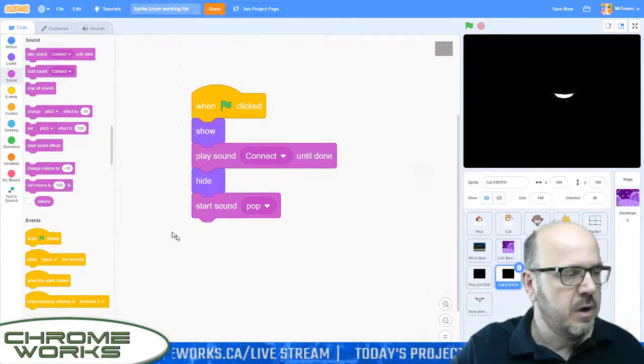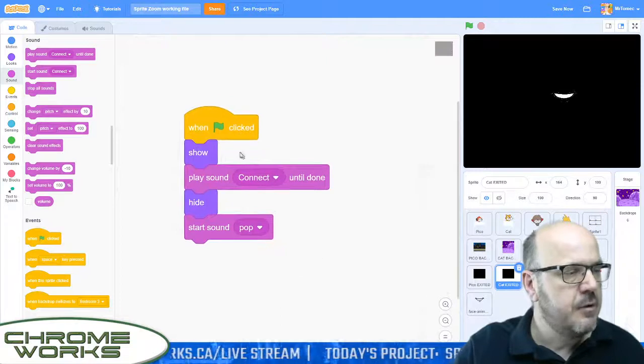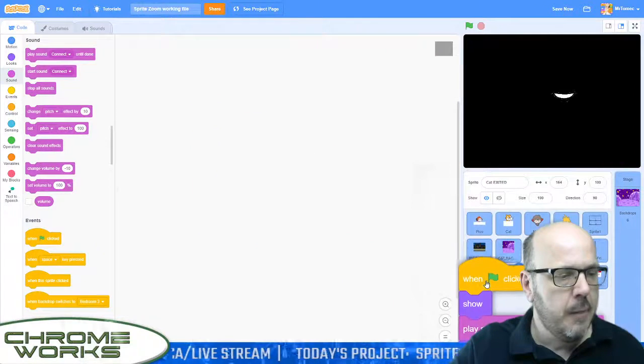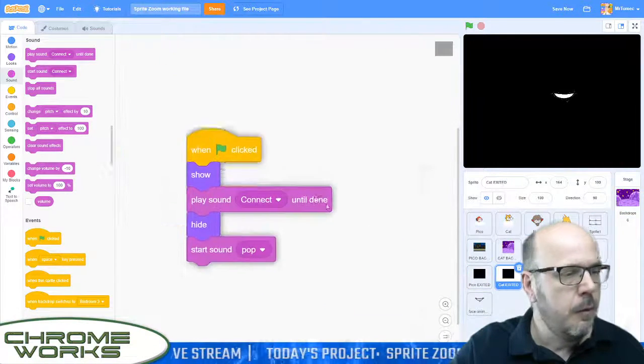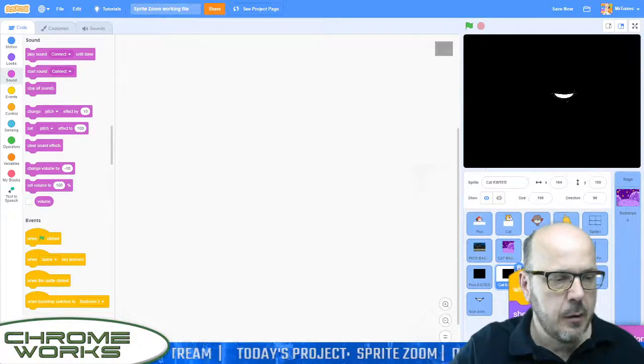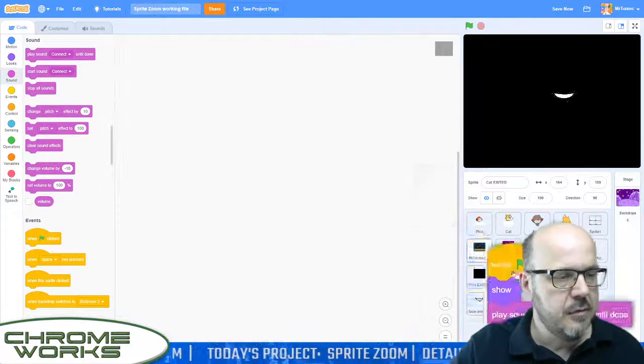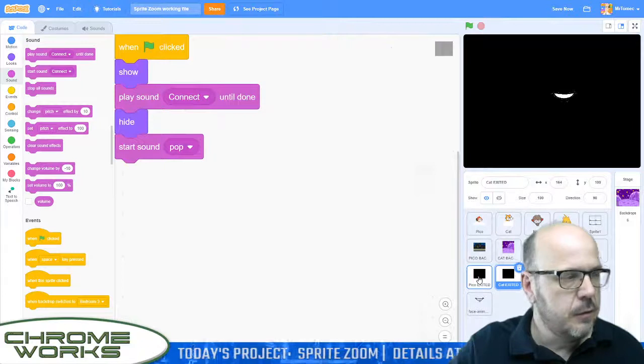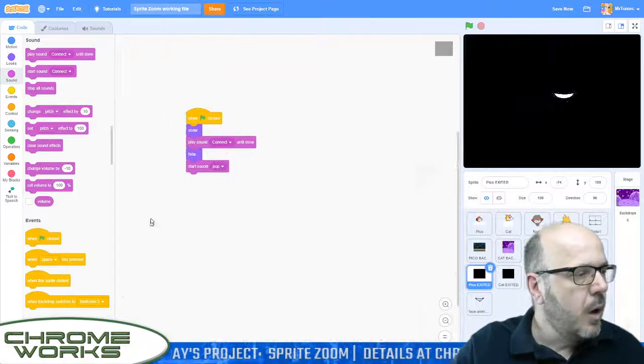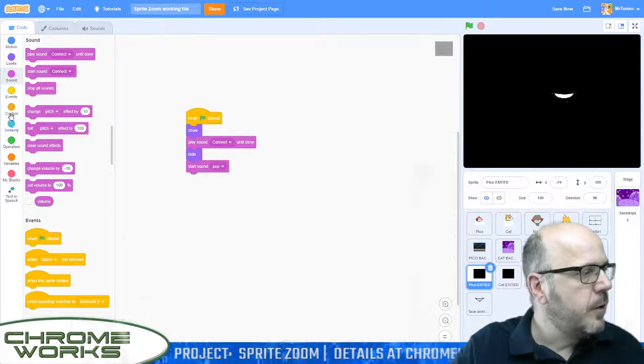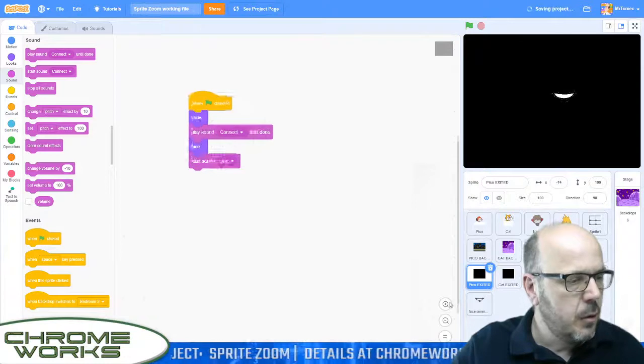There's a couple of different ways we could do this. We could do it with messages, but I think I'm just going to copy this over to all my other friends here. So over to all the other black screens, I'm just going to drag it across to the other sprites. And we can use those to start. So what I'm going to do is just inside these other sprites, I'm going to add a bit of a delay. So let's go ahead and add